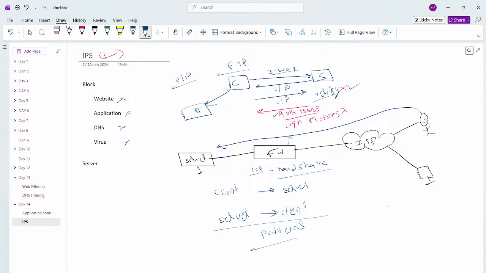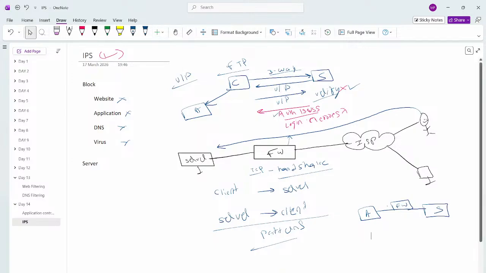Now when the attacker is sending a request to the server and the firewall is in the middle, what type of messages keep going? Forget about the three-way handshake, it is completed now. Now username and password messages are going. The client is sending a username and password, and the server is sending login incorrect. Correct? This type of messages keeps happening between the attacker and the server. Now what is the firewall's role? We will tell the firewall, if you see a specific login incorrect message for like 100 or 200 times